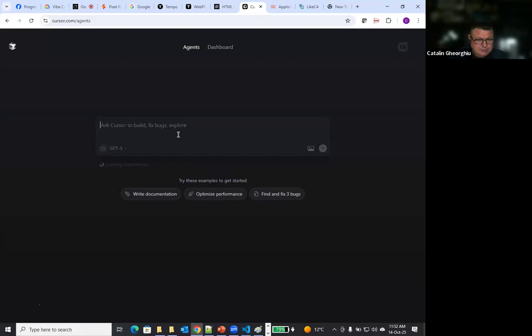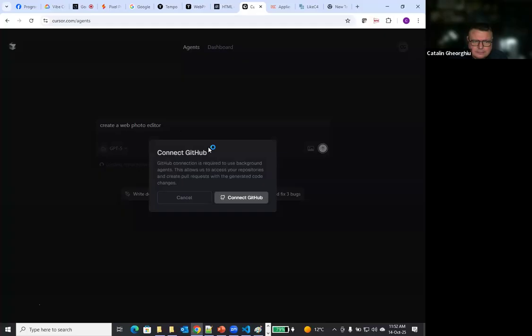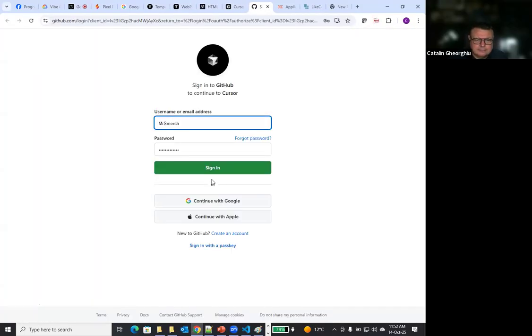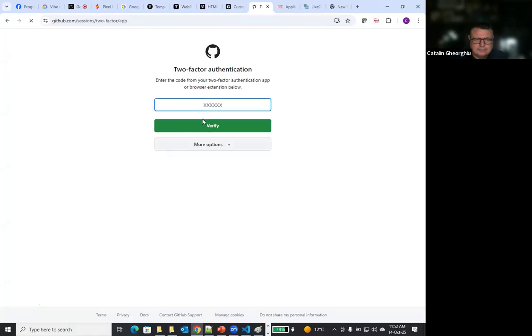Ask Cursor to build, create web. Just a second to get a key for it.